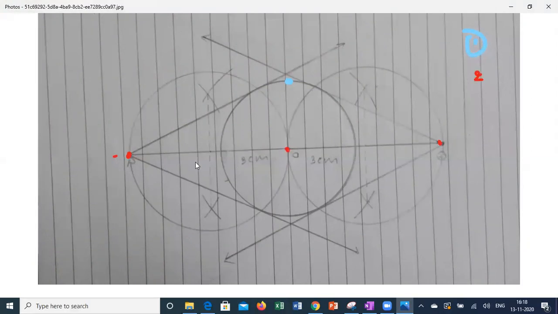So from here, this is O. OQ is 7 centimeter. So these are the intersection points, bisecting OP and OQ separately. Once you get the bisecting, this is the center, this is C1 and this is C2. And with this as the radius, from C1 to O as a radius, draw the circle. So you are meeting at these 2 points. So join P and this point, and P and this point, you will get one set of tangents.